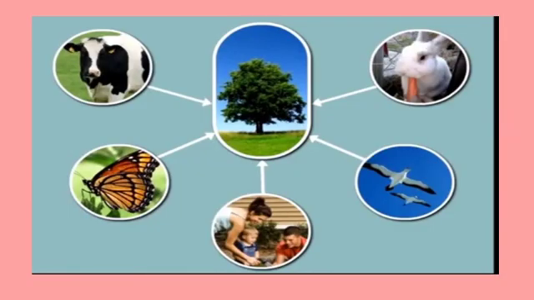Children, the plants not only make food for themselves, they also provide food to animals. Animals are unable to make their own food by the process of photosynthesis, like the plants do. Animals depend on plants. As you can see here, all animals including human beings also depend on plants for their food.